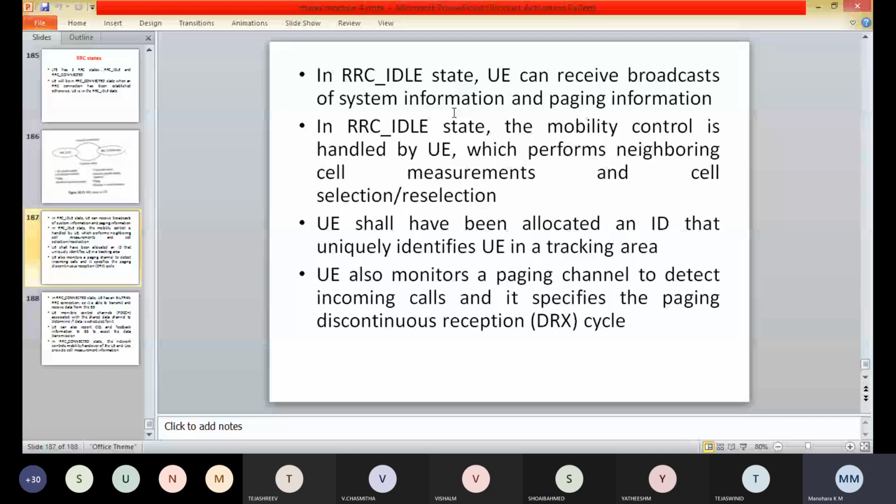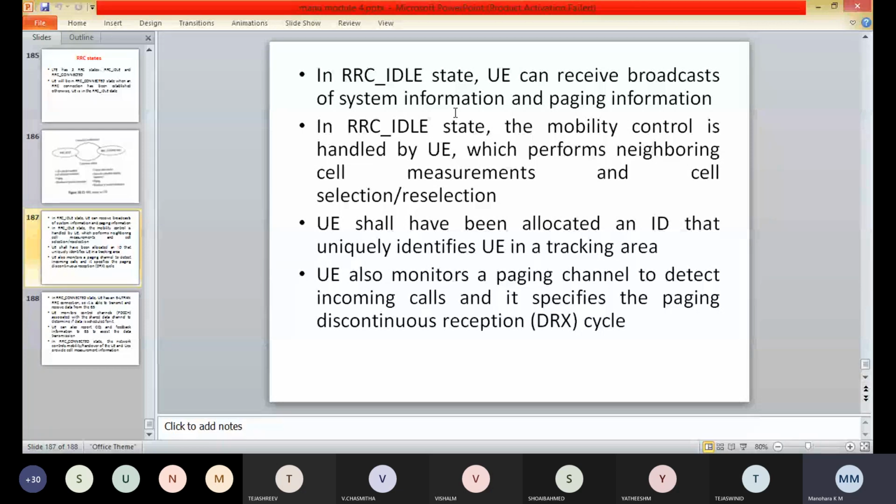And then the measurement configuration and the measurement reporting for the interfrequency, as well as inter-RAT, that is the radio access technology mobility.